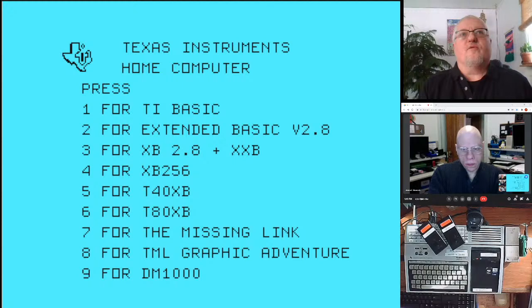And the crew over at CTIUG have been working for about 2 years on this project, combining all these different programs into one GROM file that you could run on a Finalgram, or one cartridge that you could plug into your TI. The most popular one that they're working on is this XB256, because it lets you demonstrate